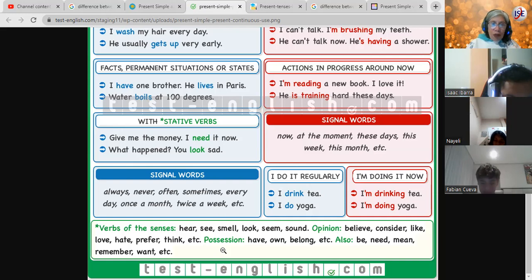Miss, pero en español te puedo decir, te estoy amando. Yes, but in English, you love or you don't love. O se ama o no se ama, no se está amando. O se odia o no se odia, no se está odiando. Se necesita o no se necesita. No se está necesitando. Y me gusta o no me gusta, no me está gustando. Nosotros aquí en Latinoamérica vamos a decir, mire, ¿y cómo te ves el trabajo? Bueno, me está gustando el trabajo. No, no. In English, you like your job or you don't like your job.